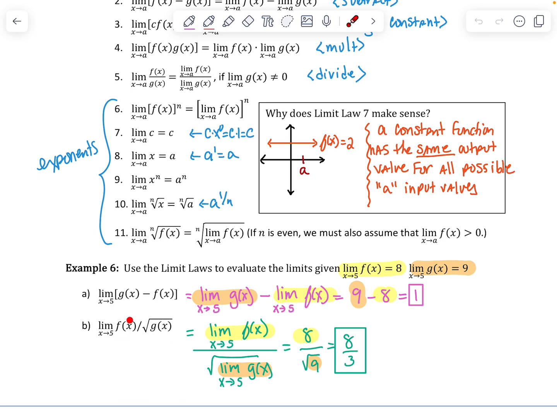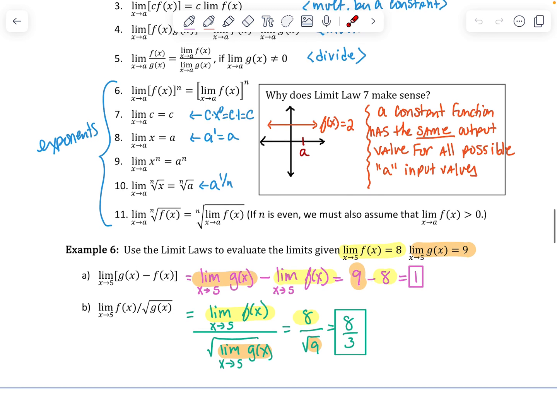But I have the limit of an f function divided by the square root of a g function. So I can take the limit of just the f function, which we previously said was 8, and using the limit law 11, not just the square root of g, but bring the limit on the inside, because we know the limit of g is 9, the square root of 9 is 3, and I've got the